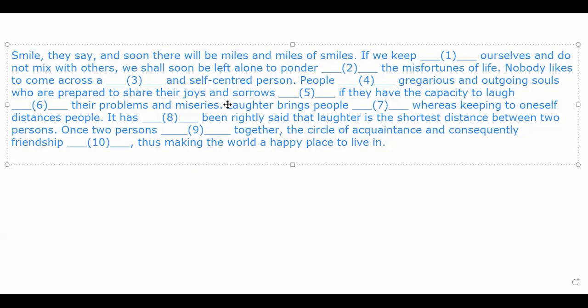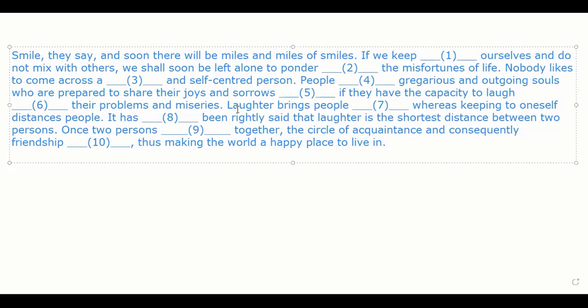Very nice, Moksha. Thank you so much for doing this. Now, Moksha, or anybody who wants to, tell me the overall sense of what the paragraph is talking about, the theme. No, we are not doing RC here, we will do that later, but we are doing cloze test. Still, in one or two words, what is this paragraph mostly focusing on? It's mostly focusing on laughter and smile. Yes. Okay. Anybody else want to say anything more before we start the questions?